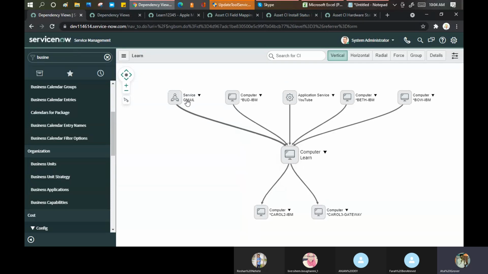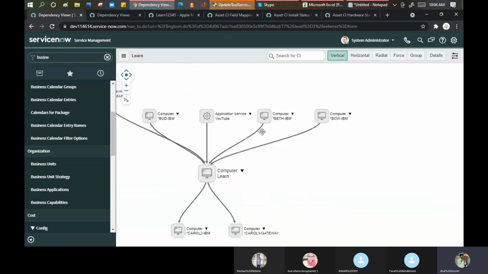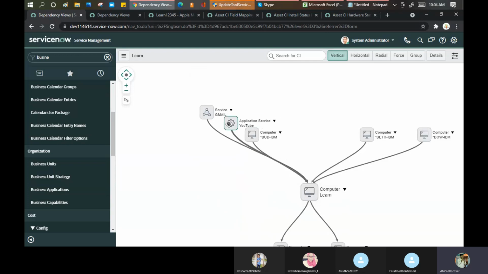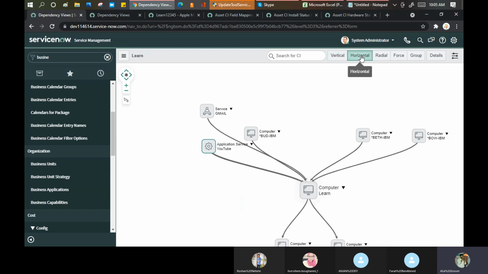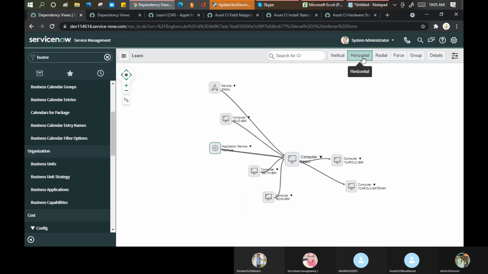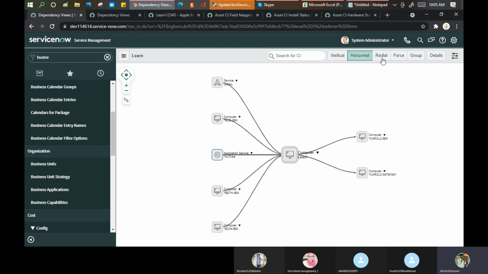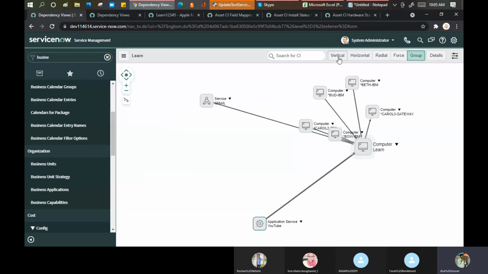So I have an application, I have my business. See, this is my business service, Gmail, right? Where is my YouTube? This is my application service. Ideally, it should be like this on the top. Then this particular CI should be linked like this, under this, under this, and this. This should be the ideal model we need to work upon. But just to show you an example, I've created this part. So you can do anything like this. Radially group, you want to see. So anyways, you can do that part.